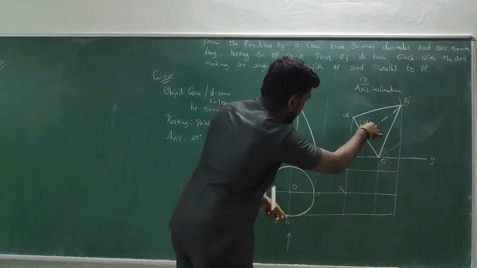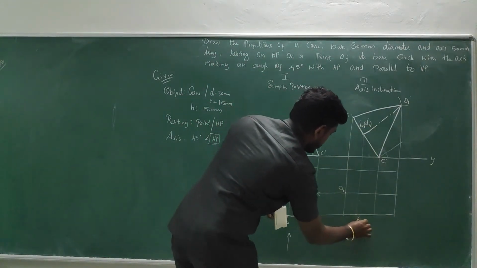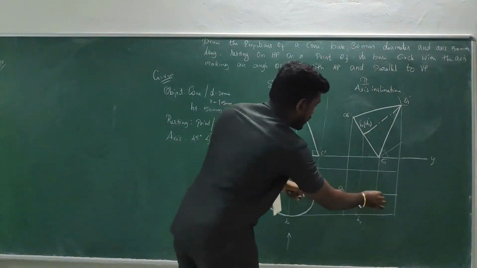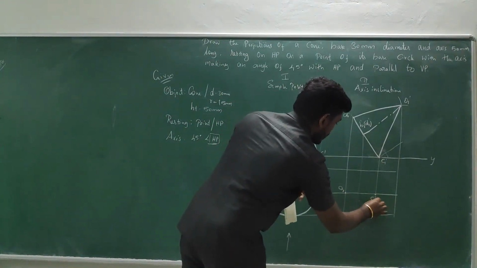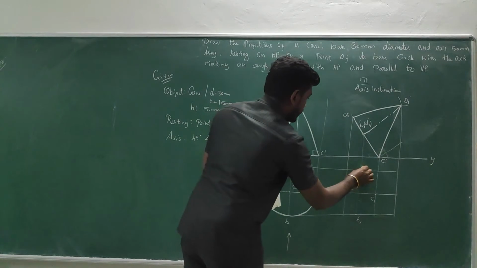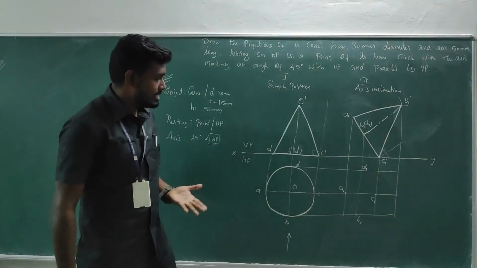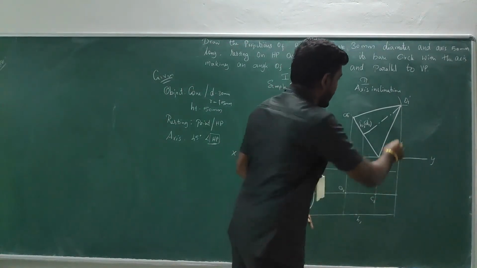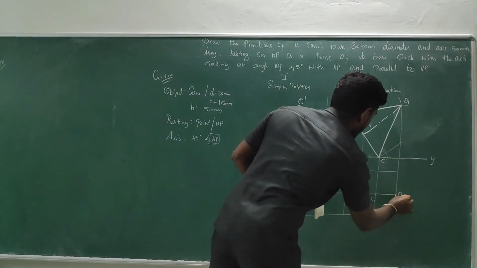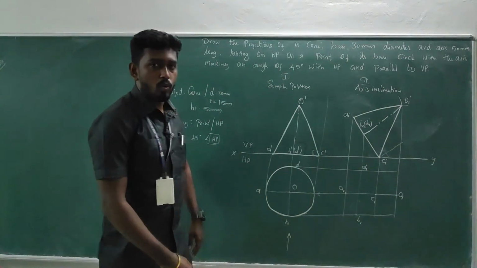B, here is B and here is the B. Just it is meeting B1. C, horizontal, vertical, is meeting at this place C1. What about D? Here it is D1. Where is the apex? Horizontal line for the apex and vertical line for the apex. Meeting at this place, this is O1.